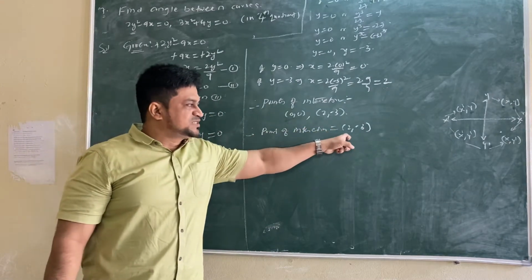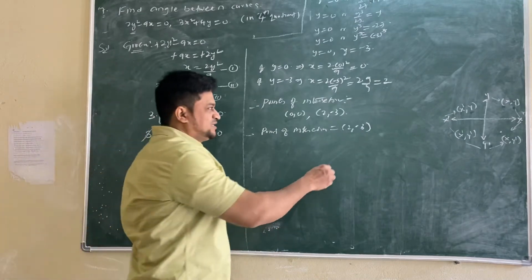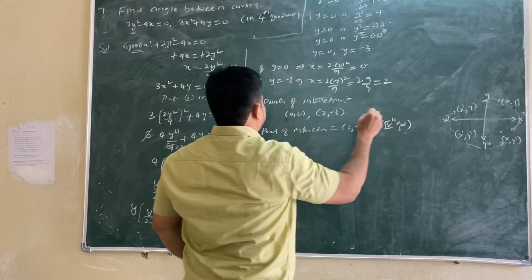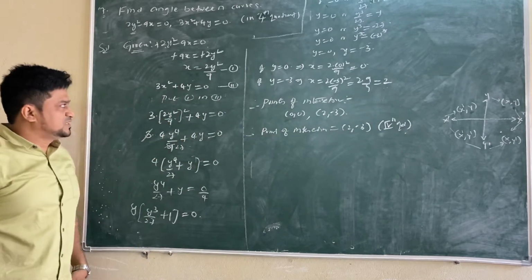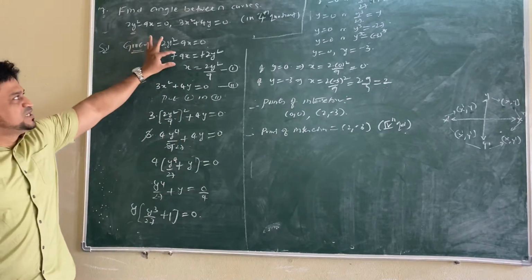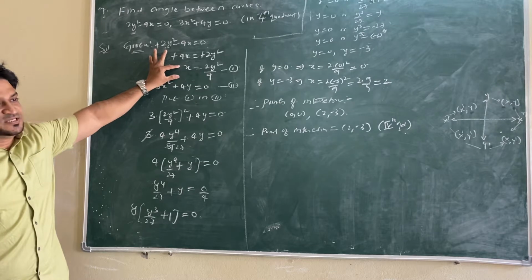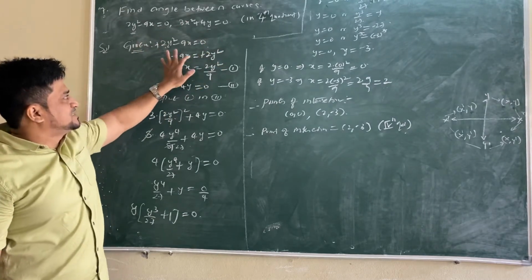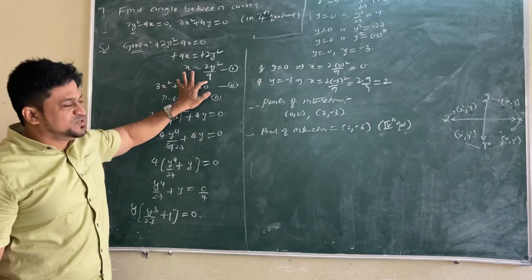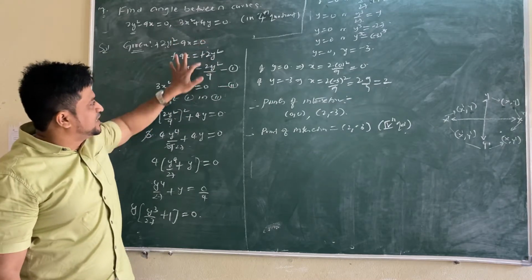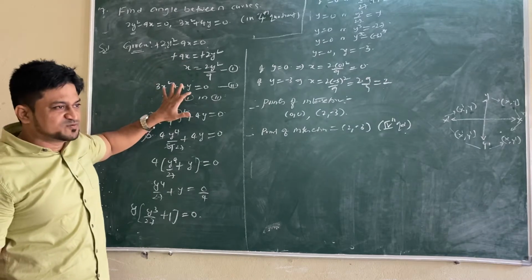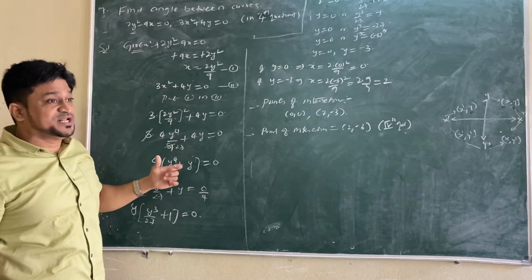We are ignoring this point. Why are we considering this one? Because this point is in fourth quadrant. We have been given that here. That's why we have solved this one. What we have to do? From the first equation, equate the value of x. Equating x means taking this y to the right side, cancelling that minus sign, then 9 is sent to the denominator, equation 1. Second curve as it is. First curve we are substituting in second, or solving two curves. What we will get? Point of intersection or intersections.